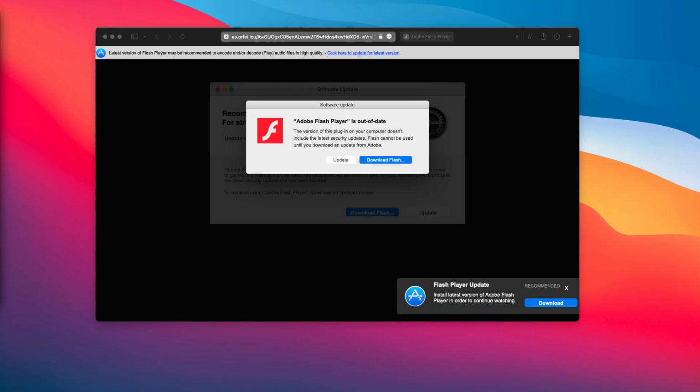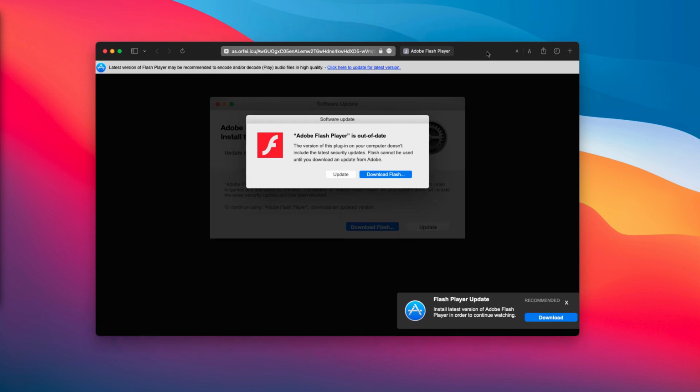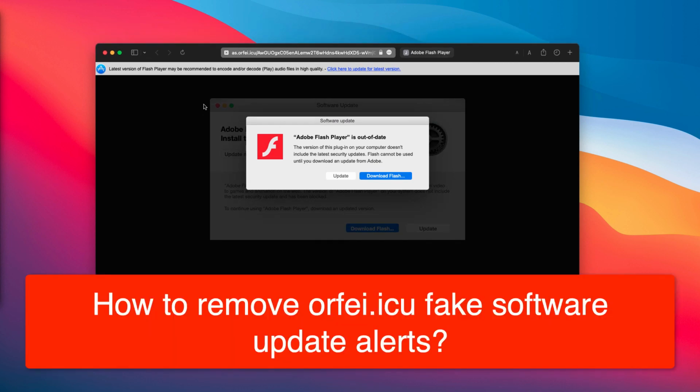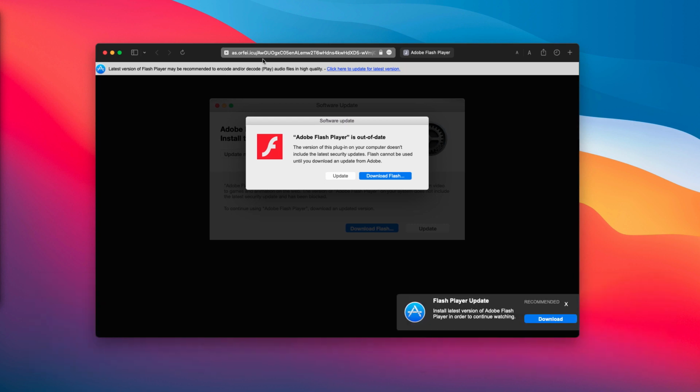My video guide will provide you with recommendations that will help you to get rid of fake Adobe Flash Player updates from your Mac computer. This video is specifically about removing the malware from Mac browsers. This is a fake software update alert coming from the site